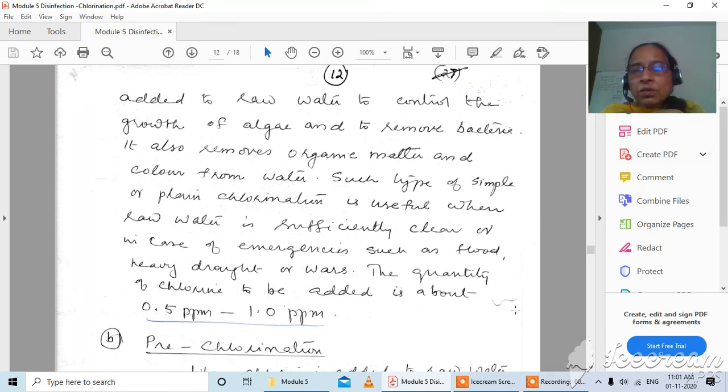So plain chlorination, where we want to do it is, first of all, if there is a crisis. That means we want to supply a large quantity of water, there is not enough time to treat the water for other contaminations, so we want to remove